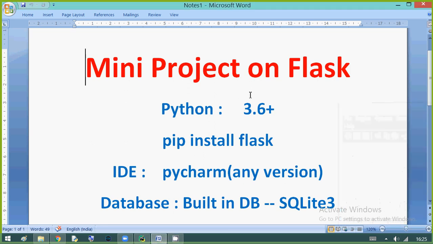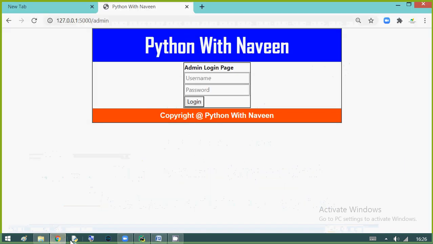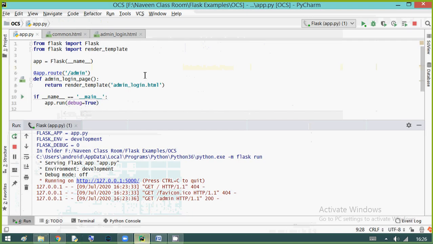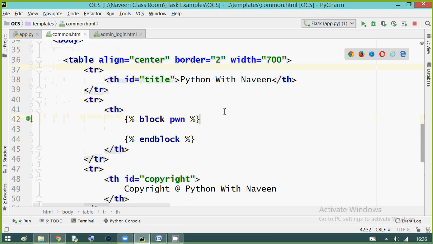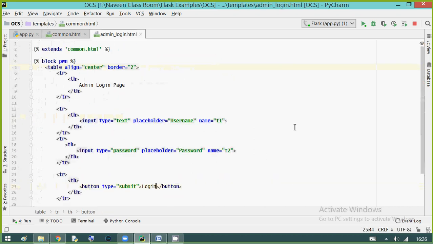So in the last video we have done up to the login page, but the admin is not logged in, only the design is done. We have two different pages, HTML. One is common.html, another one is admin.